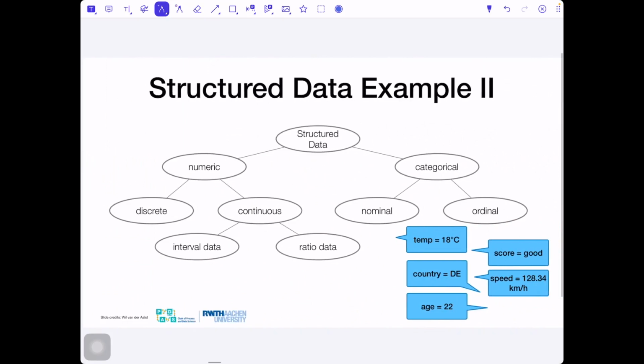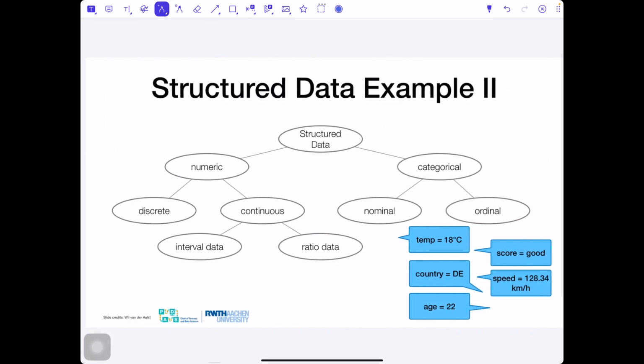Now, once more, the second example. We have the temperature. Temperature 18 degrees Celsius. What is this? Now my question is also that you can explain and discuss why it belongs to this particular type.